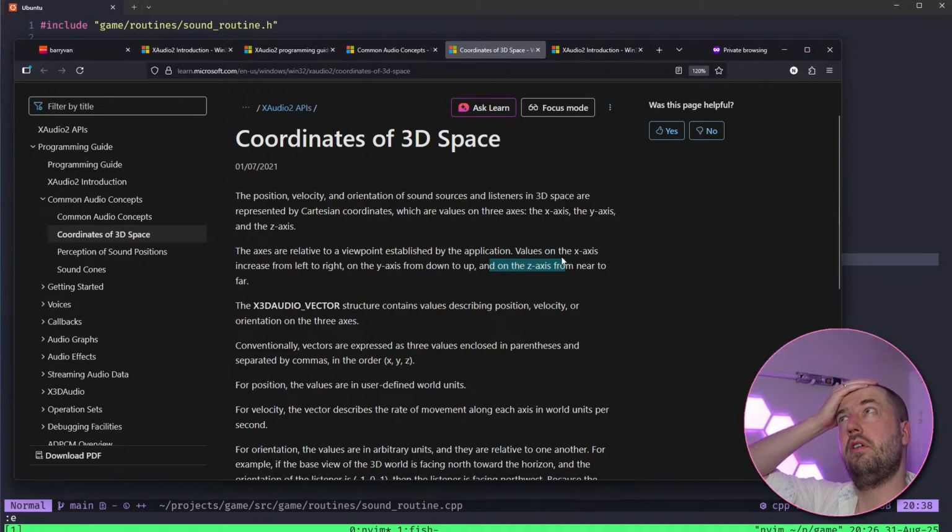Does that mean we need to switch the z-axis? Because that's DirectX, right? Is this left-handed coordinates? We'll see.